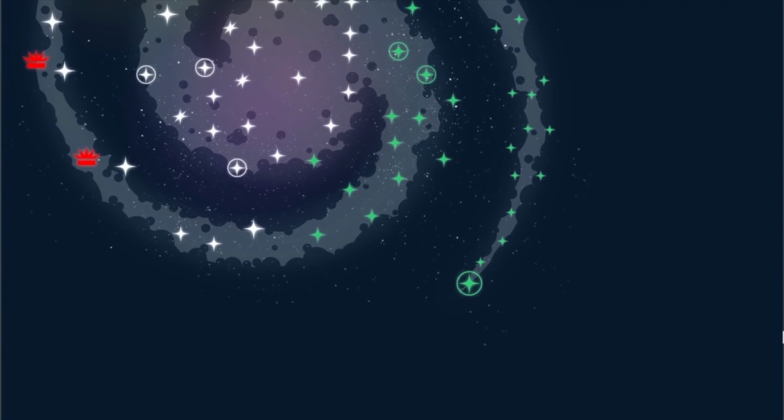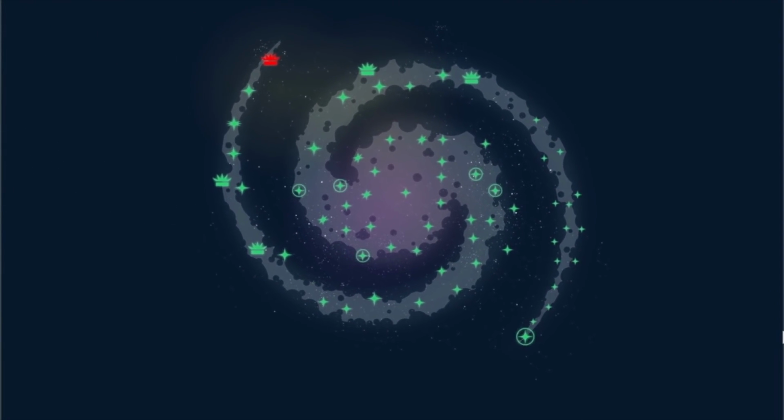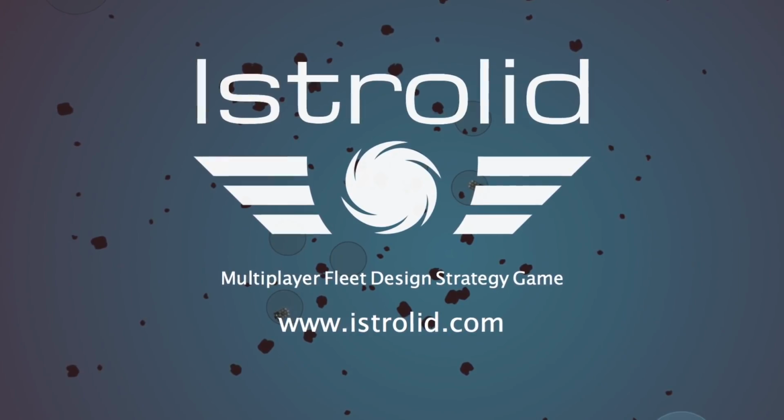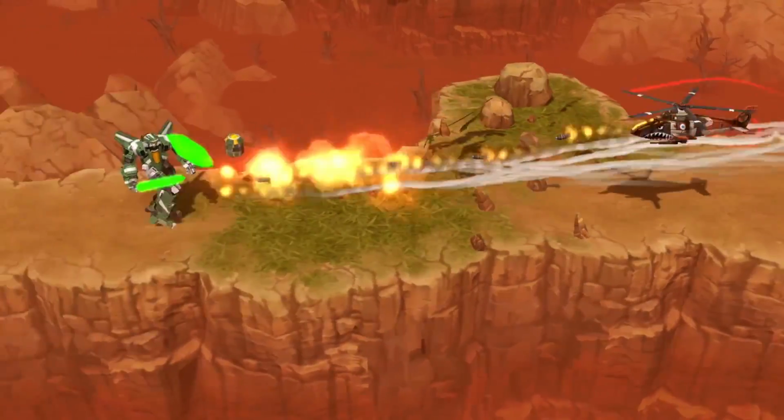For a light RTS, this is probably the most intense when it comes to actual strategy elements. And in a real-time strategy game, of course, I'm gonna weight the strategy elements on this list. So halfway, I've got Istrolid. Please check it out. Coming in at number 4, we have Airmech, which is probably the closest thing to a